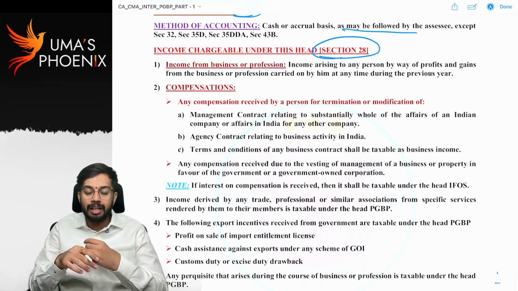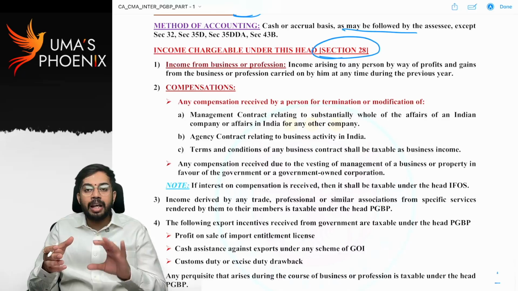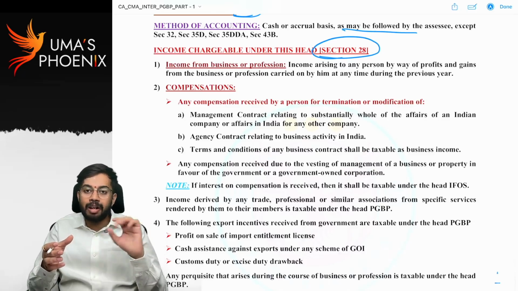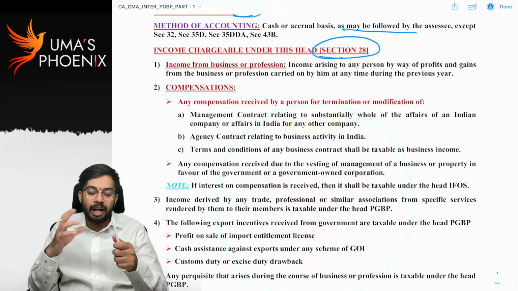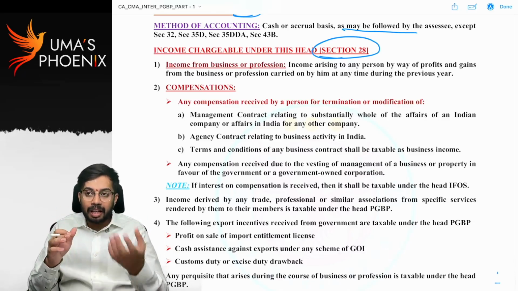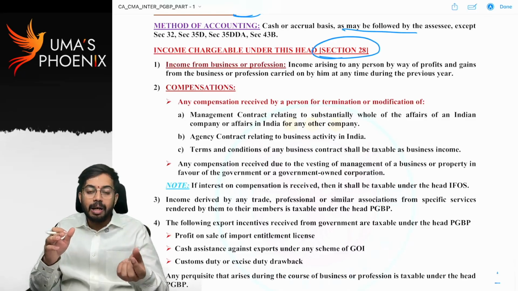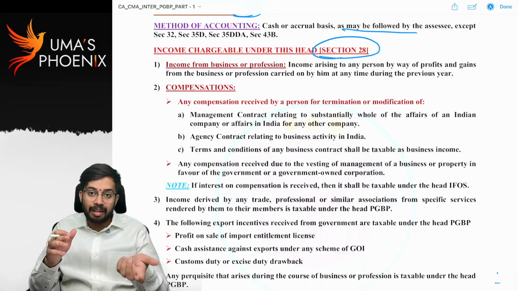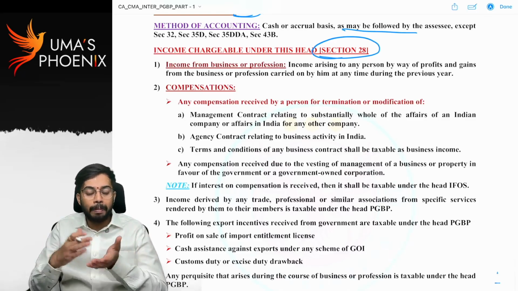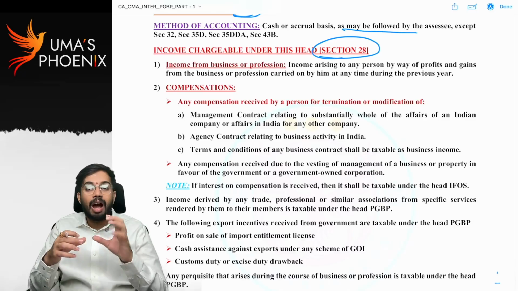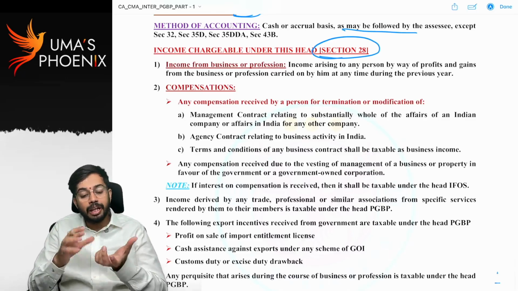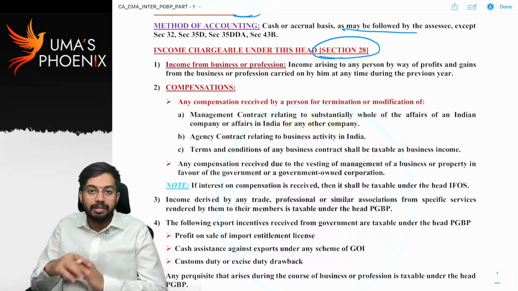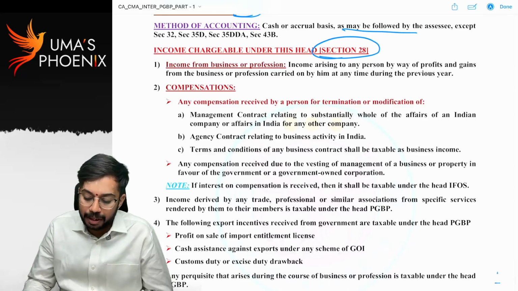Are you able to understand? Let's say a singer is there. If he takes formal training and gets a degree, then we call it a profession. Some of the singers do not take any coaching, they sing naturally and they practice it. Likewise, soothsayers and priests are there. Next, astrologers are there. By practicing something over a period of time, they get skill over it, and that we call vocation. Are you able to understand? So out of profession, including vocation also, if any income is received, that income is taxable under the head PGBP.